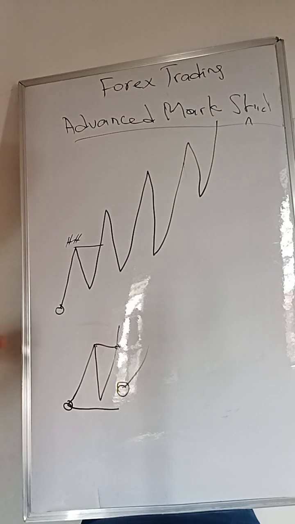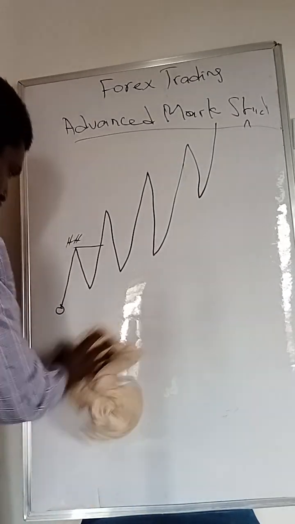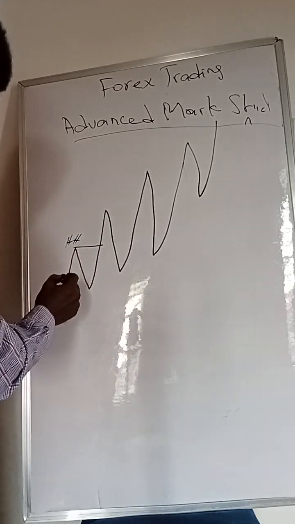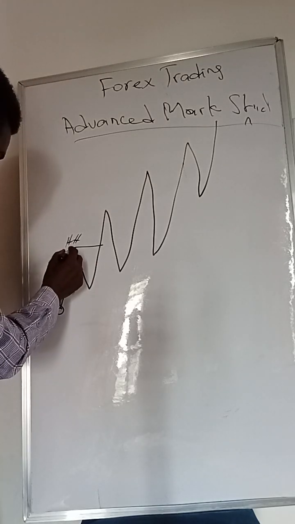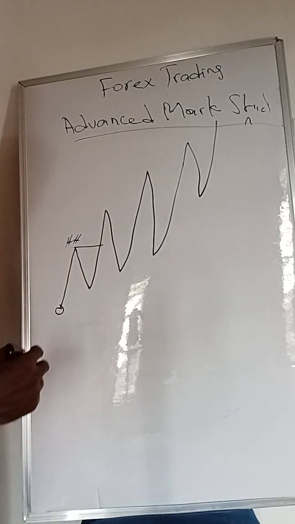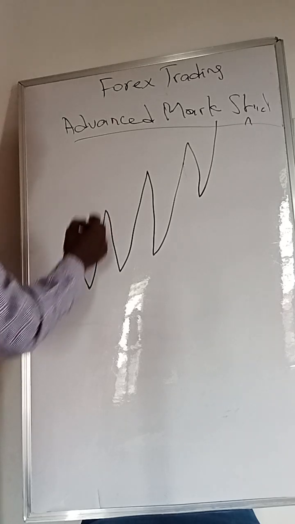Now, there are certain things that you have to look out for to determine where to enter a market. Let me give you such an example now. Don't forget that all these lines that I drew are candles, different candles. Most of the time, when a market returns back here and returns up here, and the market reaches here and returns down here, we can call this